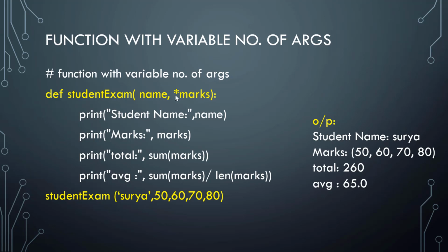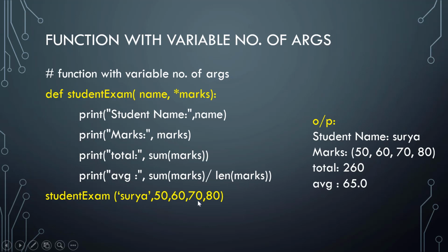So you know what I'm saying? Star marks. I'm printing the student name, printing marks, and printing total. How to print total? Comma, sum of marks. So this marks contains a list of values, and all these will be added together because sum is a built-in function. We have sum and len functions which are already there in Python, so I'm using it. Total will be printed. Then I want average: sum of marks by len of marks. Len means how many you have passed, four subjects' marks for example. So total divided by four subjects, you'll be getting the average. Simple.